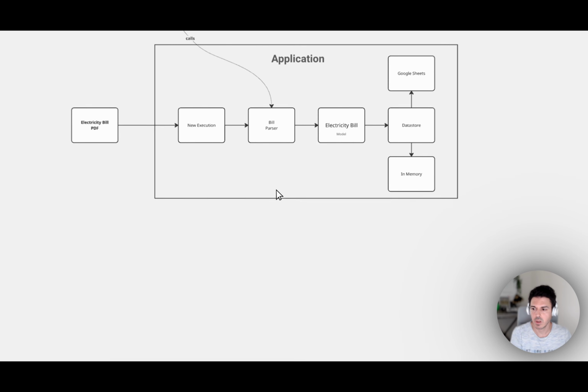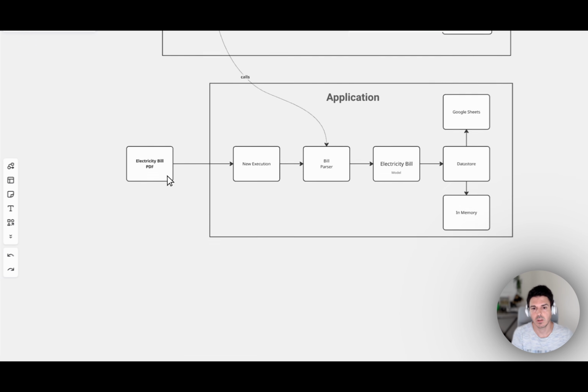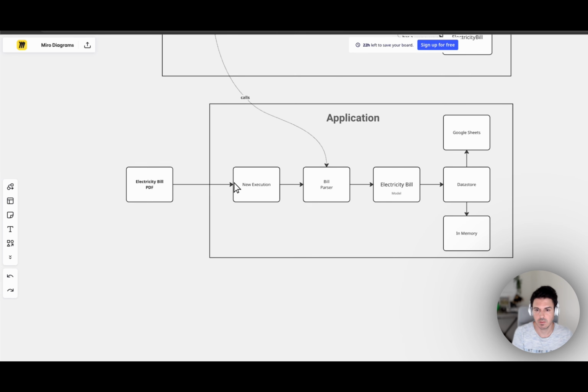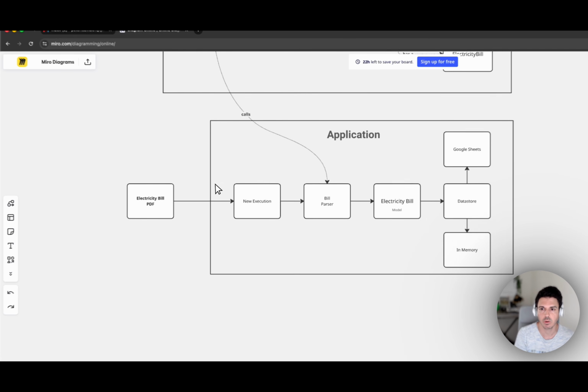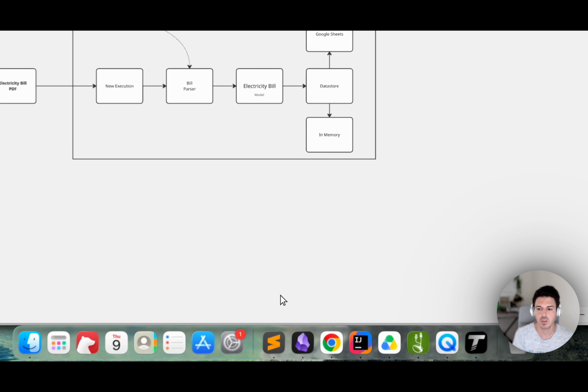the application looks like. Long story short, it takes an electricity bill PDF, creates a new execution, and internally it uses the heart of the software, which is a bill parser that converts the PDF into the model, and then the model is in the end stored in a Google Sheets API for real executions, and the test suite is actually using a data store that is in memory in order to avoid calling the Google Sheets API all the